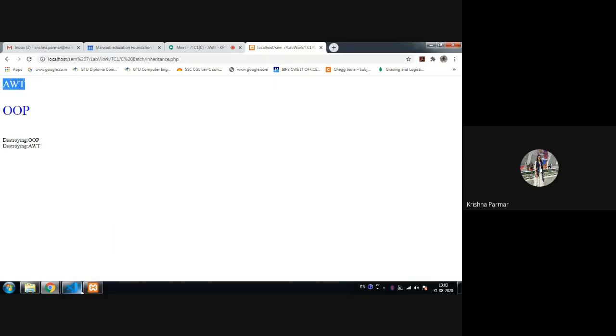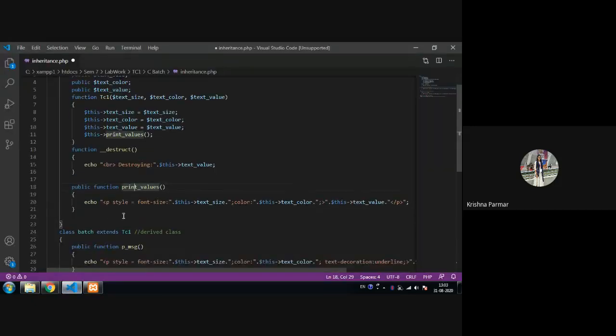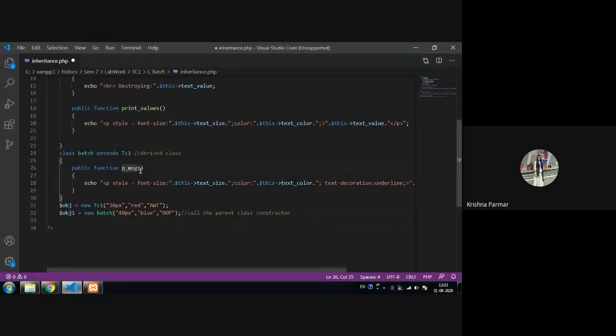Now the question: in the child class also there is a method, right? So how can we call it? Using the TC1 class object, can we call that function or not? Is this valid or not, E underscore message?